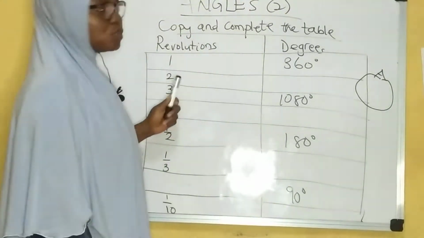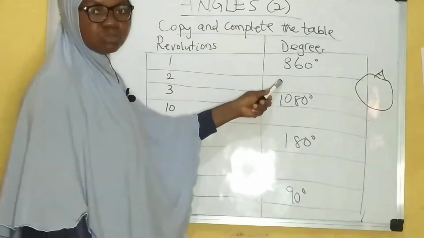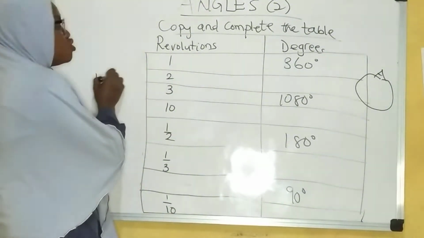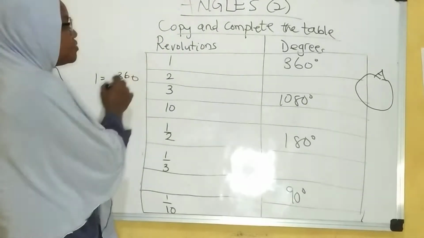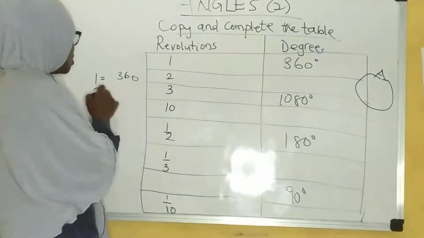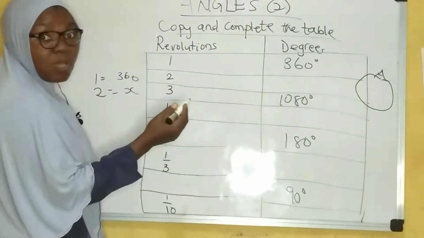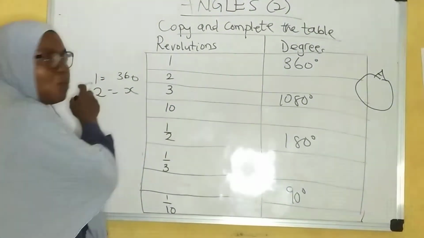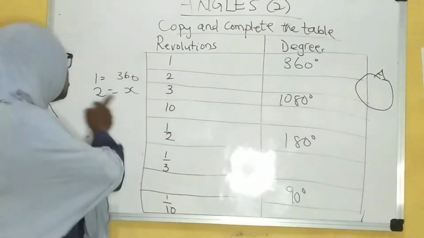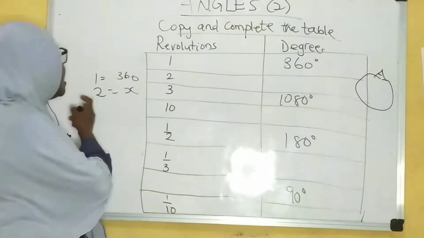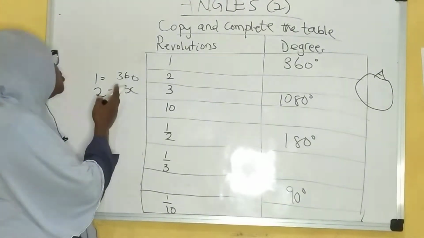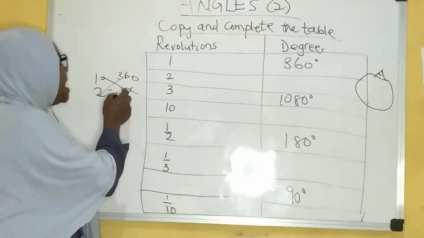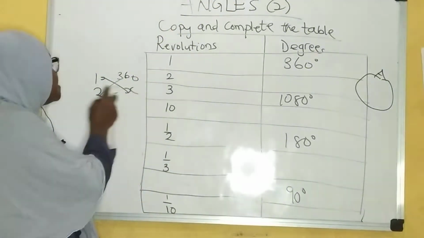Now if I have two revolutions, what will be the corresponding degree? Let's see how to measure that. When I have one revolution as 360 degrees, it means that two revolutions will be x, which I don't know. I'm representing it with the unknown value x. One revolution is 360, therefore two revolutions will be x. This is what I have as an expression, so I'm just going to cross multiply. 1 will multiply the x that we are looking for. So 1 times x will be